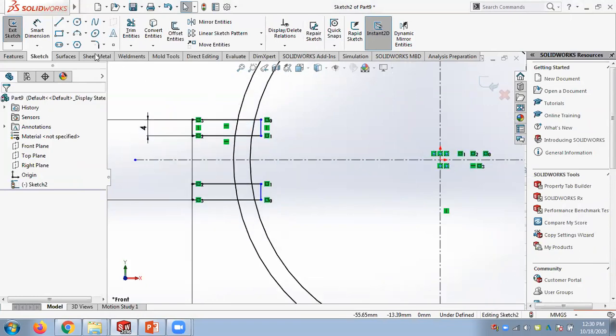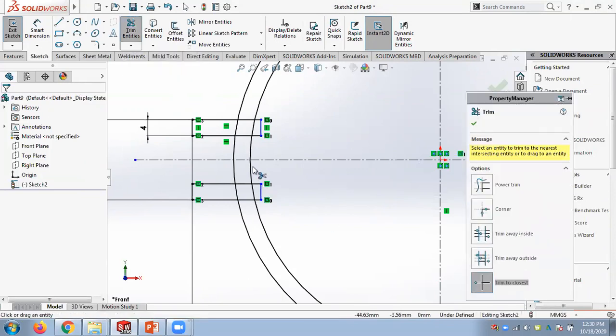Now I have to trim. You can use the power trim or the trim to closest, whatever you like. Then this should be trimmed, trim, trim, trim, trim.